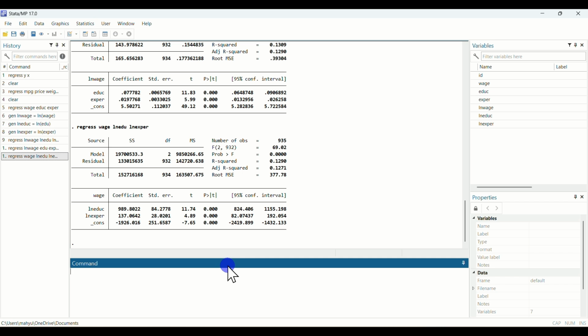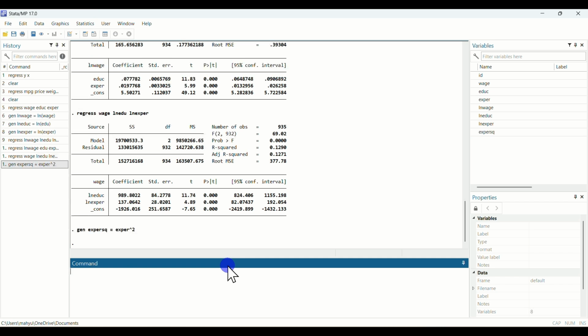We are going to look at the polynomial function. In polynomial function, we have squared variables. So first we generate the new variable in squared. Gen experience SQ is the name that we want to give to the squared variable. So experience to the power of 2 is the squared of the experience variable. So we get this new